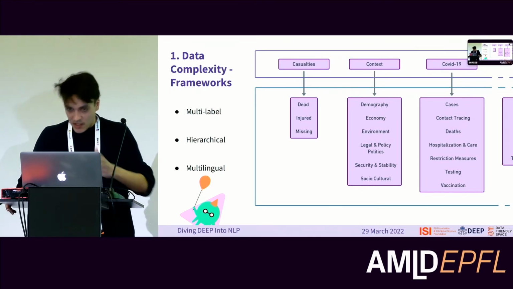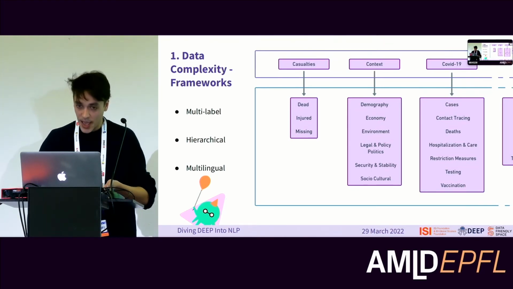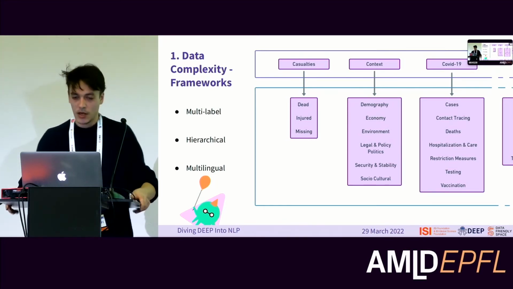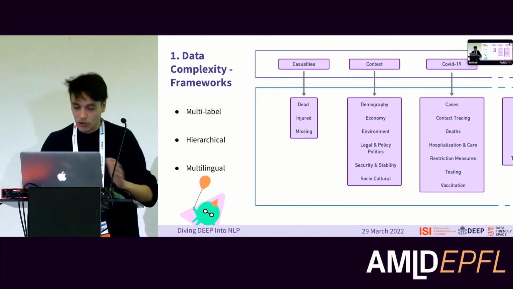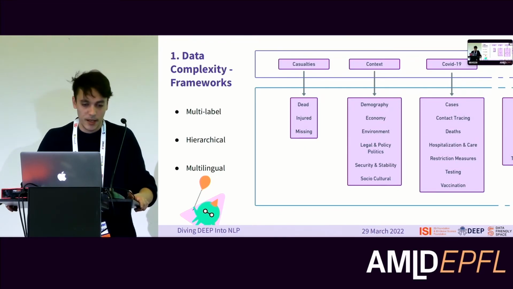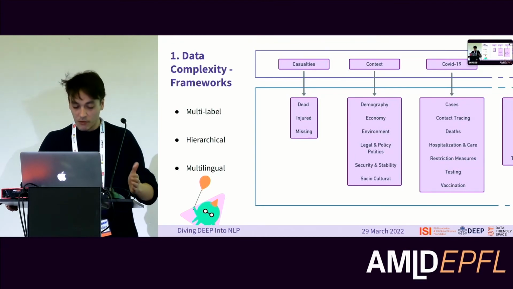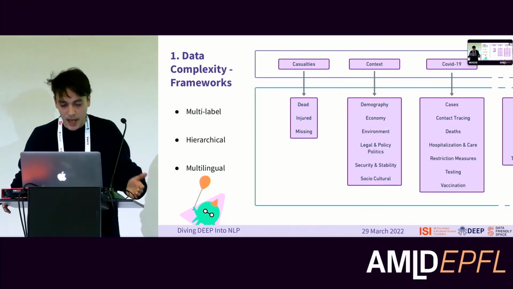As we can see here, we can have a hierarchical relationship between the labels. For example, here we have two layers of hierarchy and relationship within our labels. And then the last aspect, although not strictly related to the labels per se, is that we can apply it where the data is in qualitative form, so mainly in text form, and the text can be in different languages, so it's